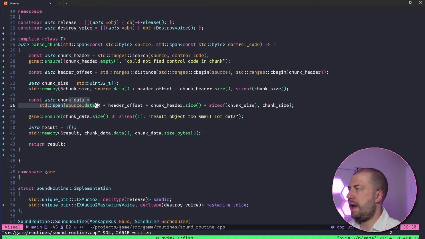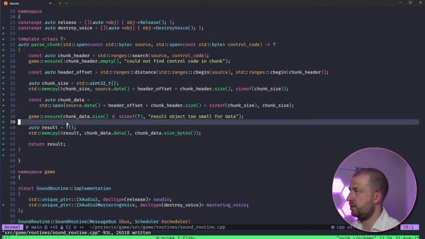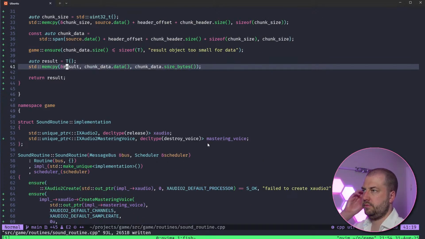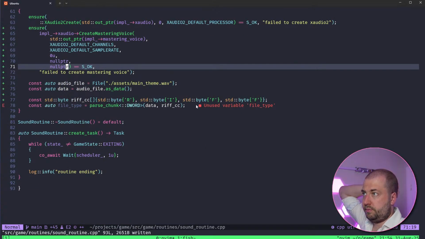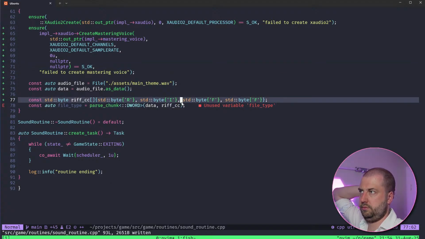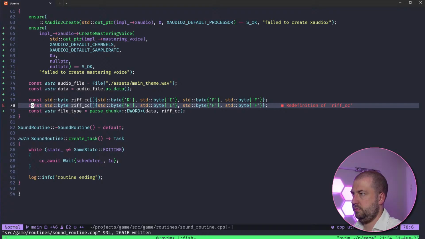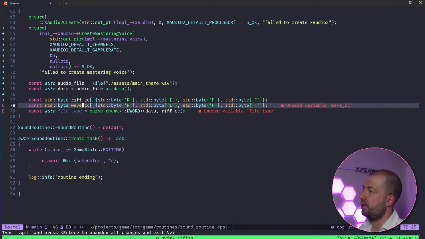Because I get the span over the data, and then I just memcpy that data straight in over this object. Yes, exactly. I'm currently pulling it by object because out of the three things I need to do, two of them are straight into objects and the third one's a pointer, so I'll special case that.